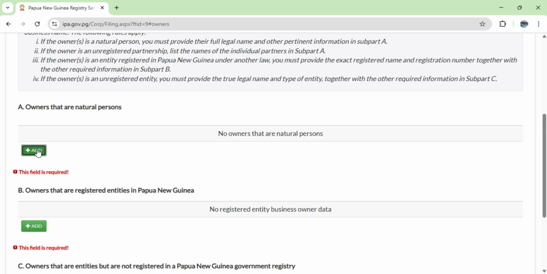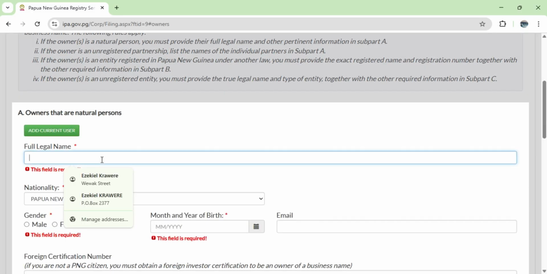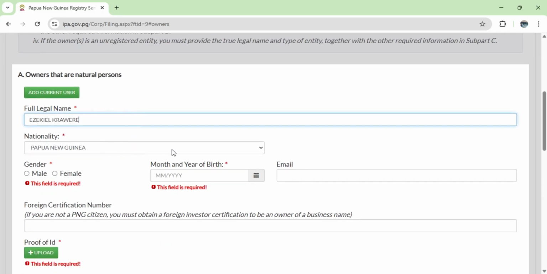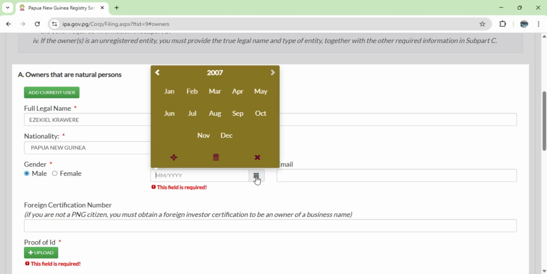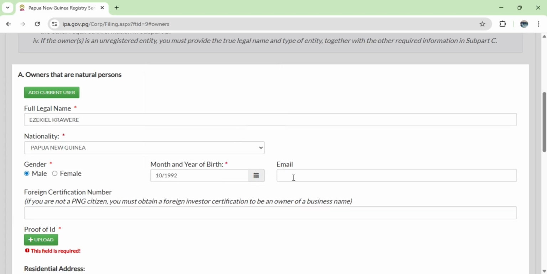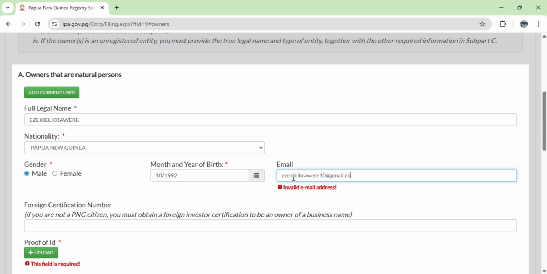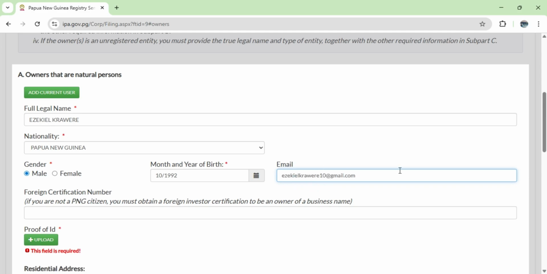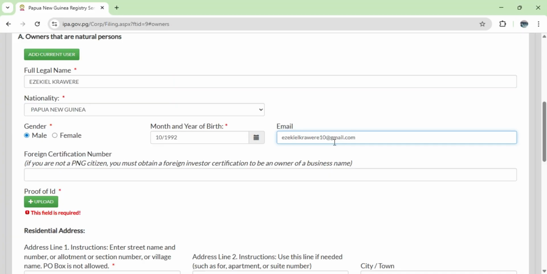You click add and you add your full legal name, nationality, you are a Papua New Guinean, gender, male or female, and your date of birth. I'll enter my date of birth here. Okay, and then you re-enter your email again. .com. After you have re-entered your email,